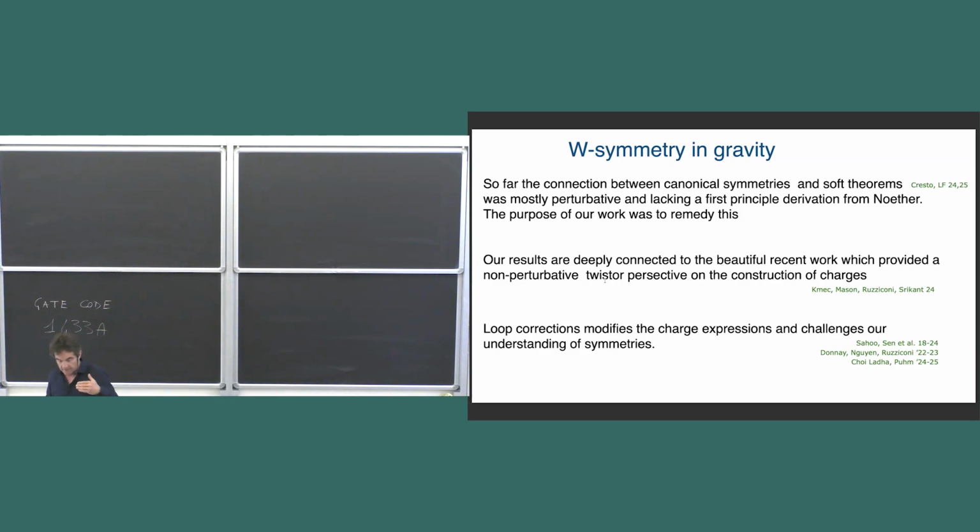So what I'm going to look at are these classical symmetries. And the question is, do they survive quantization? I mean, are these symmetries really surviving the quantization? And what we know is that the soft theorems are getting deformed, right? When we quantize, there are loop corrections to the soft theorems. And it's not yet completely clear whether these loop corrections destroy the symmetry or in fact should be